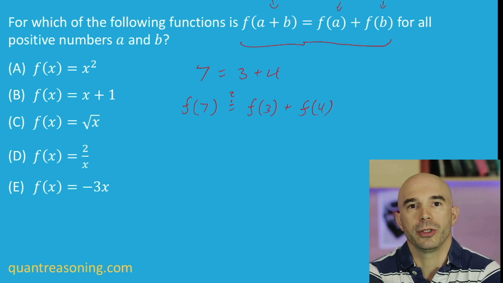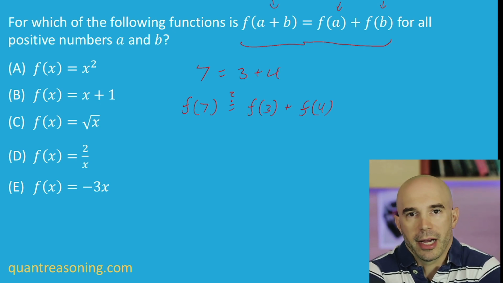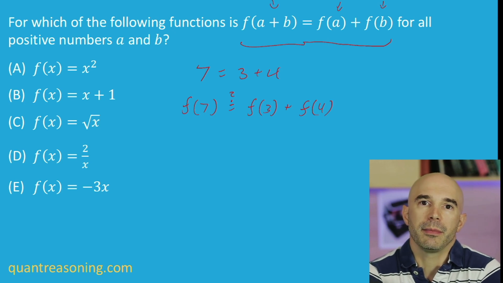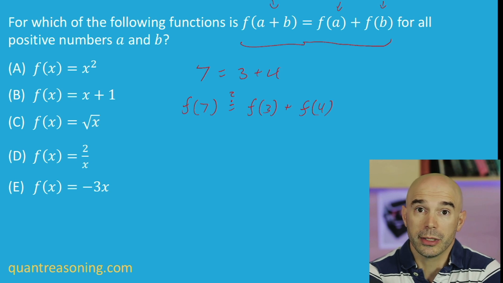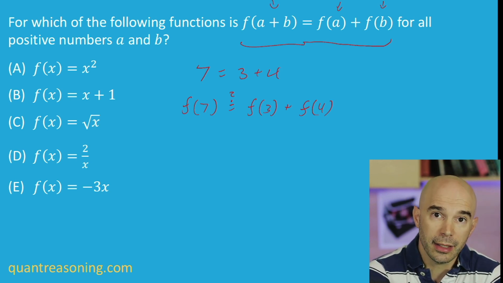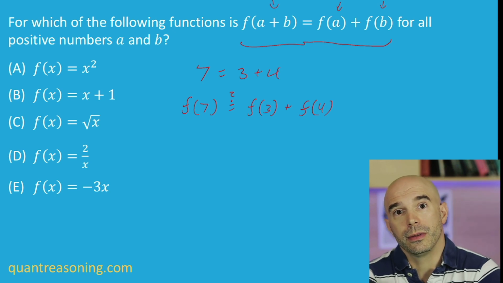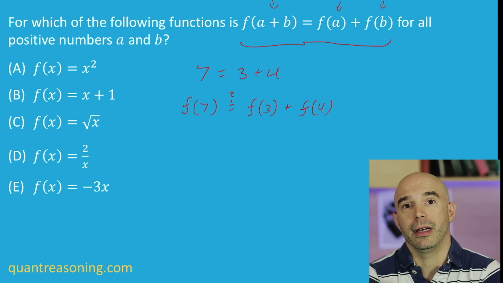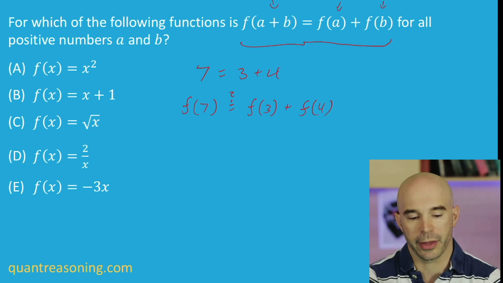So whichever answer choice you're working on, that's the black box. It's the same black box. And the question is, does that black box give you different outputs when you give it a sum versus when you split that sum into chunks and throw in 1 chunk at a time? So let's see if we can come up with an actual real-life type of function that would work that way.